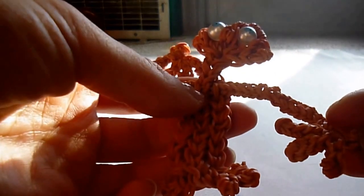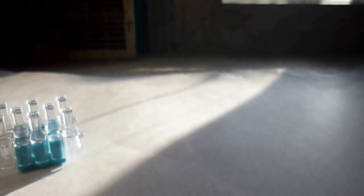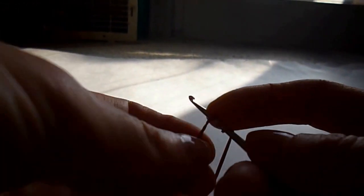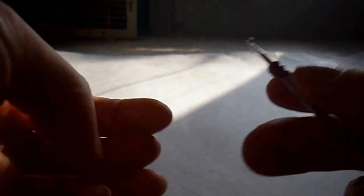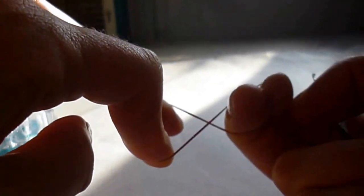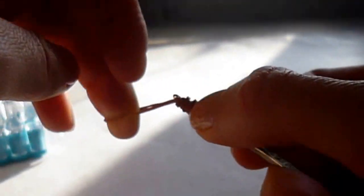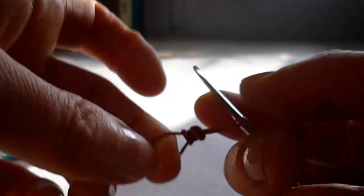but I really tried to get his 4 fingers and his full fingers, his long thin fingers, so that's what I'll show you how to do here. To begin, you want to take a single band, wrap it on your hook 1, 2, 3 times. You can do it one tighter if you want. Take a single, stretch it, twist it, double it over onto itself, pull your wrapped band over,